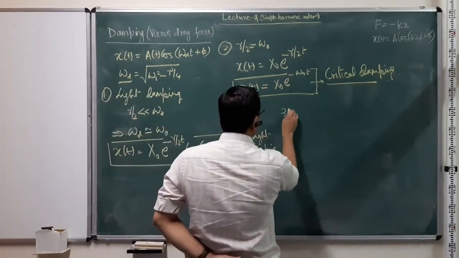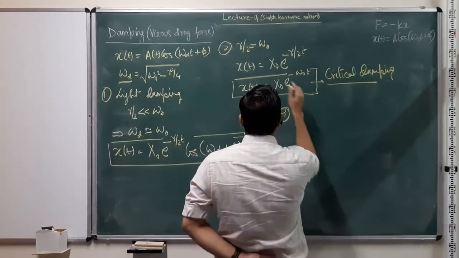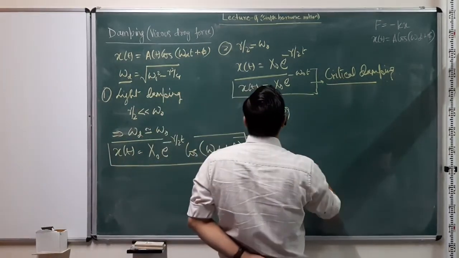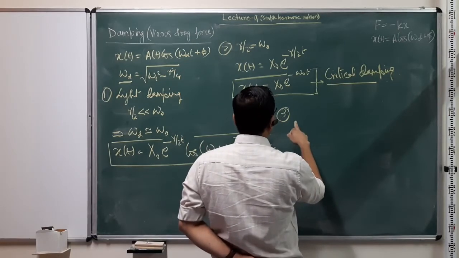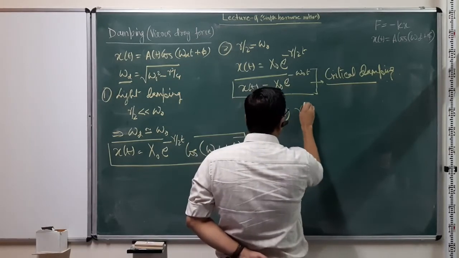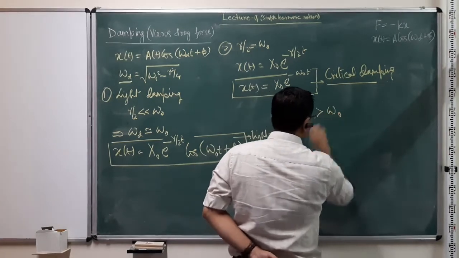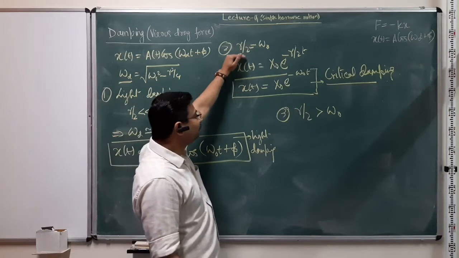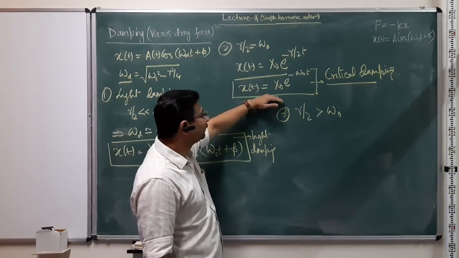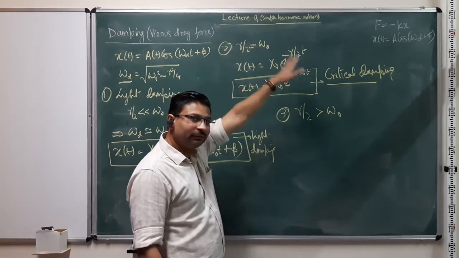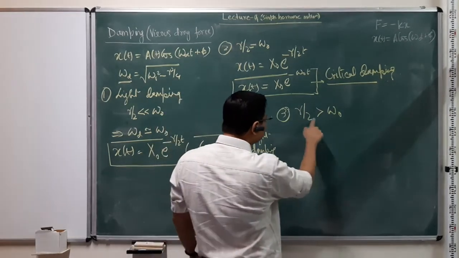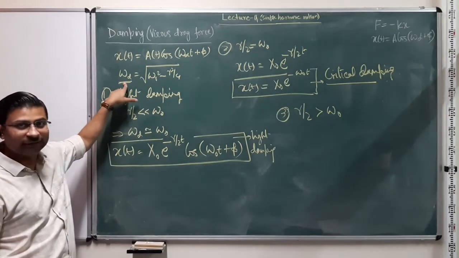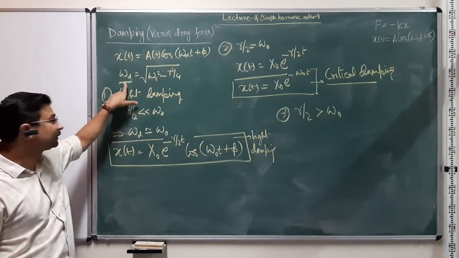What if, the third and the last case, which again is useful in certain situations, right? And maybe in discussion later on we can address one of those. What if gamma by 2 is greater than omega naught? So if gamma by 2 is much less, that's light damping; to heavy damping. If it's equal, then it's critical damping, no oscillation, and simply the amplitude goes to 0. What if gamma by 2 is greater than omega naught? Then what happens to the frequency of oscillation or the periodicity of the system?